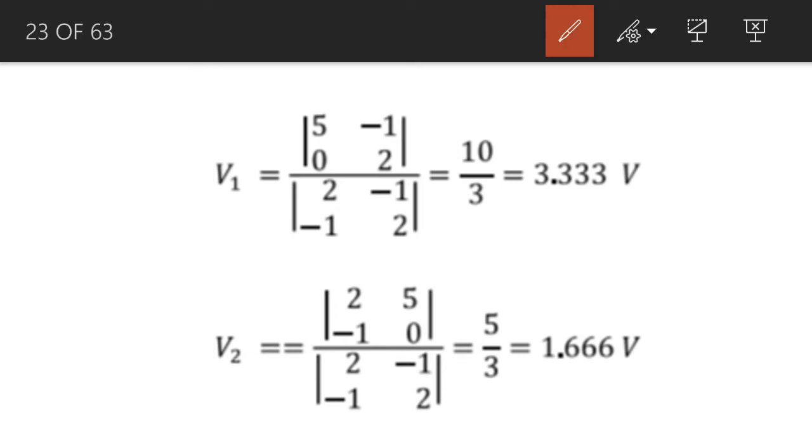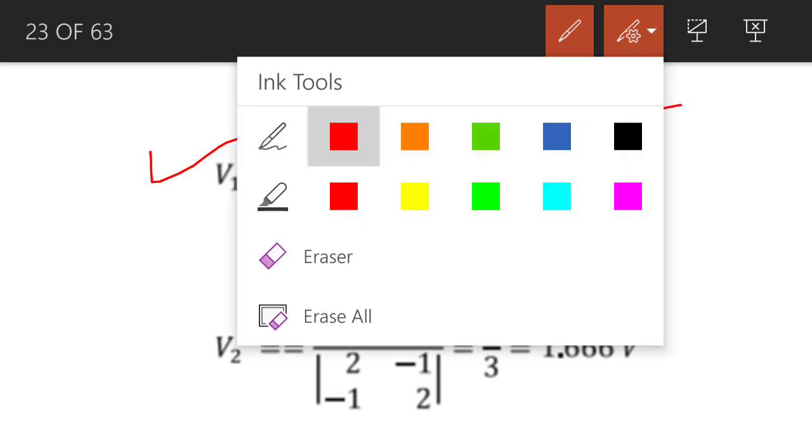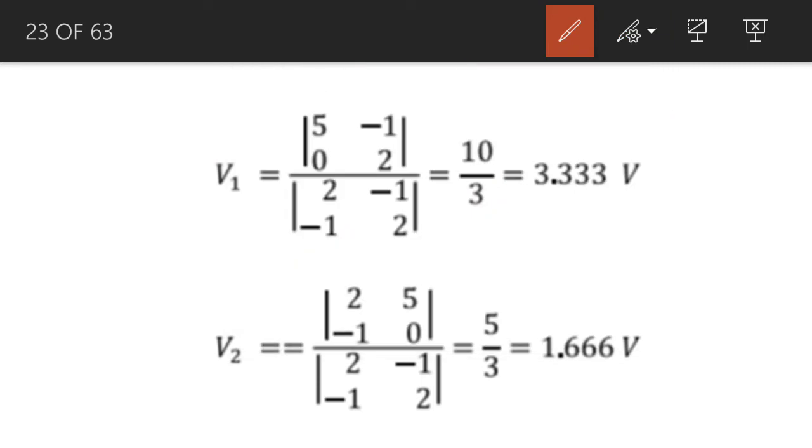For the calculation of V1, we replace the first column of the G matrix by Ig1 and Ig2. The second column remains unchanged. We divide this determinant by the determinant of the G matrix, and the determinant of the G matrix turns out to be 3. So 10 by 3 gives you 3.33 volts. So V1 comes out to be 3.33 volts. For V2, we replace the second column of the G matrix by Ig1 and Ig2. The first column remains unchanged. We divide this determinant by the determinant of the G matrix, and V2 comes out to be